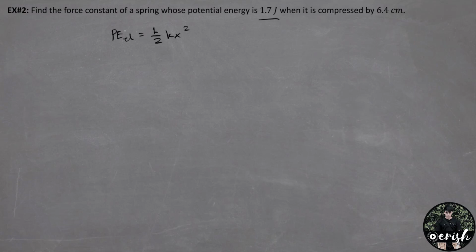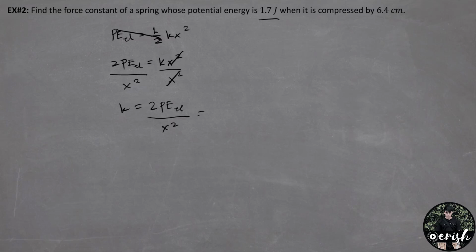By just substituting the values and by deriving the equation, masasolve na agad natin yung value ng k, yung force constant. We cross multiply this one, so this is 2 times elastic potential energy, equal to k x squared, and dividing both sides by x squared para matira yung k. K now is equal to 2 times elastic potential energy over x squared. Substitute na natin yung values. 2 times ang potential energy na given sa atin is 1.7 joules, divided by ang x natin is 6.4 centimeters. In meters, ito ay